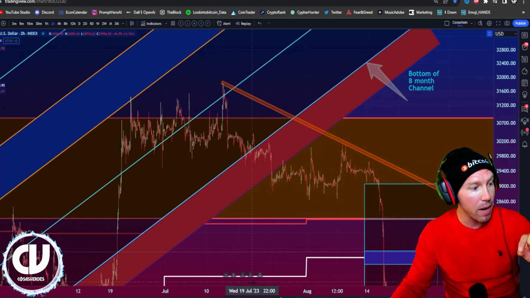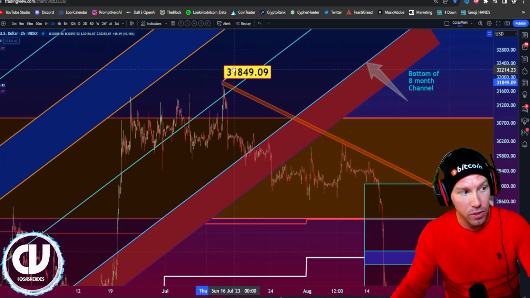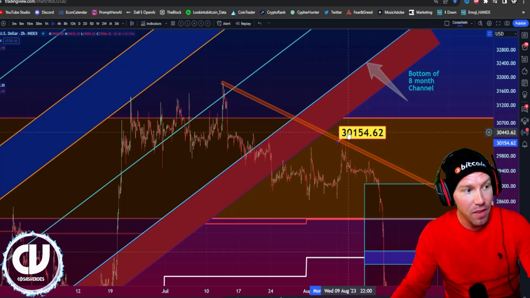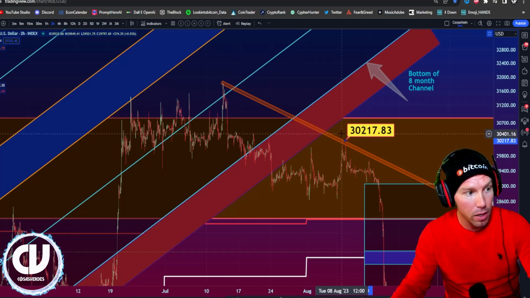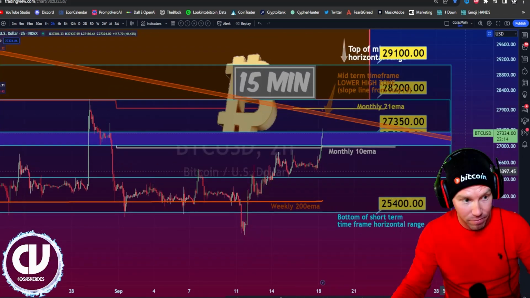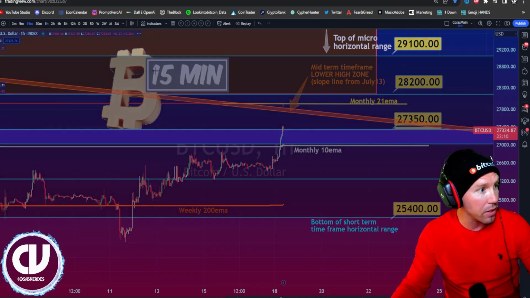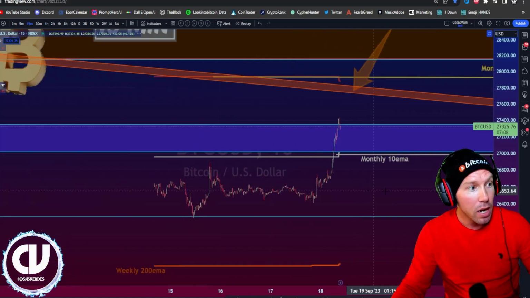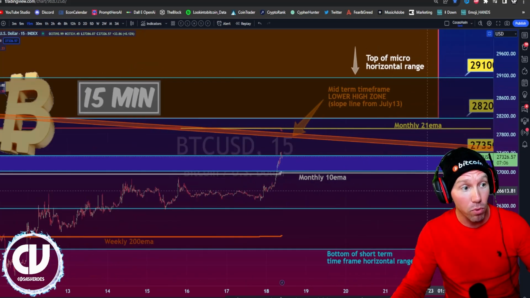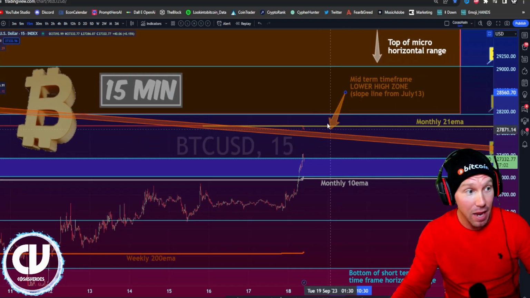So this line is made from the yearly high of July 13th, almost 32K, 31,850. Then the next high on August 8th at about 30,200. And that essentially is the lower high zone line right here. Let me go back to the 15-minute chart. If this zone is broken, and price stays above this after it visits